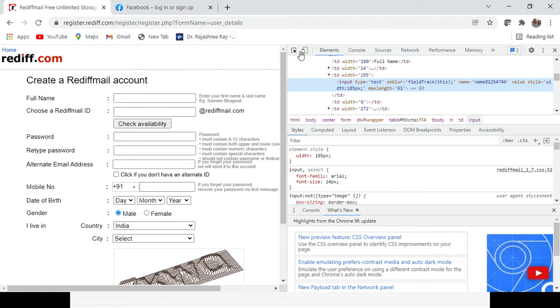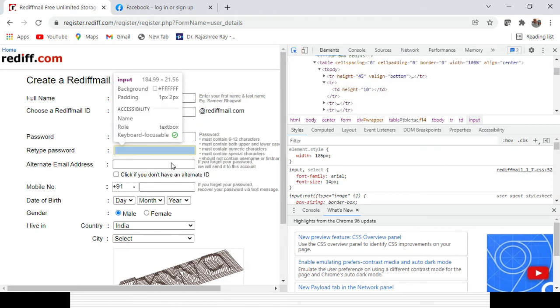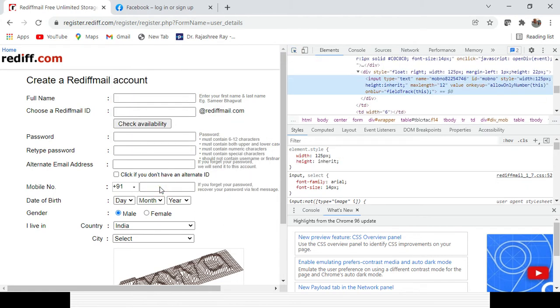Apart from that full name, let's try to inspect the element called the mobile number. We'll try to identify all the elements one by one. Here you can see the name is there, then the mobile number, and after that some component which is a numeric value that can change every time. The ID is there, mobile number, right? So you can create any properties.